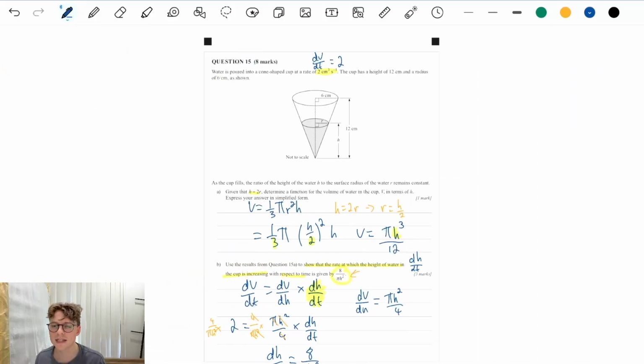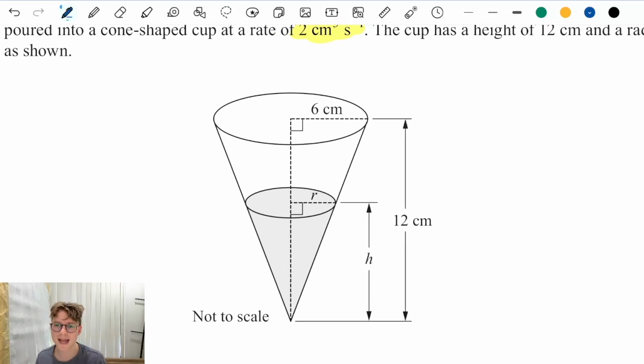Interesting. Okay, so we need to find the total capacity. The total capacity is going to be the volume of the cone. I know the max height's 12, and the radius is going to be 6. It makes sense, right? Radius is 6. Double it, I get my height, I get 12. So what I wind up with is